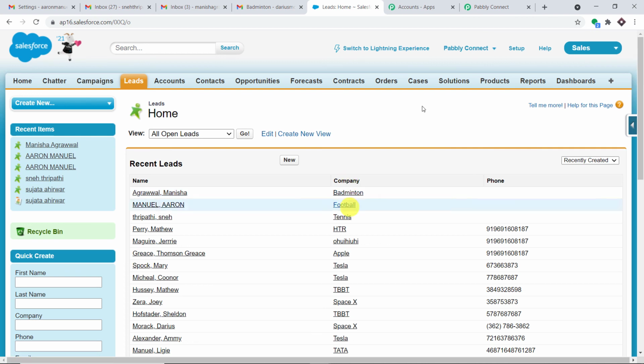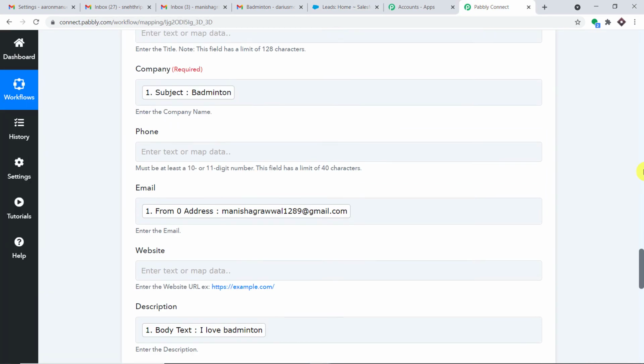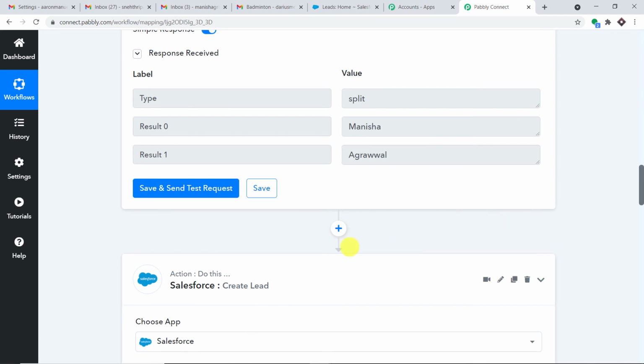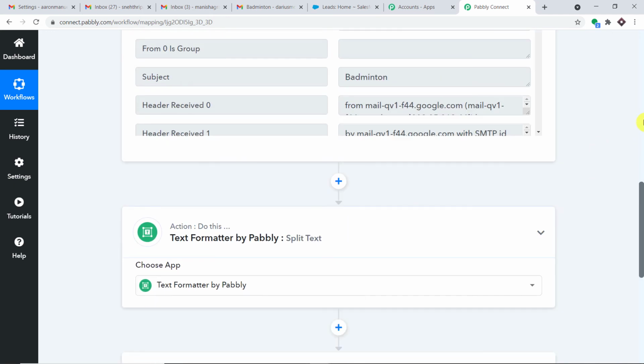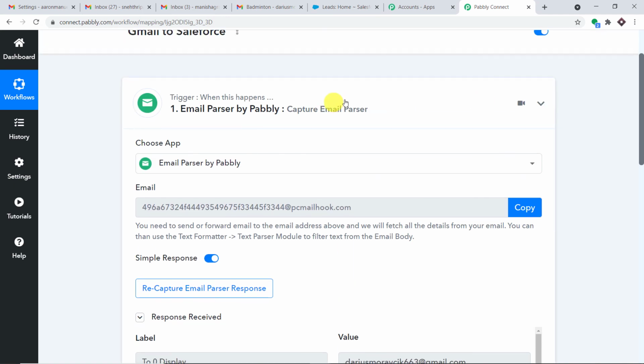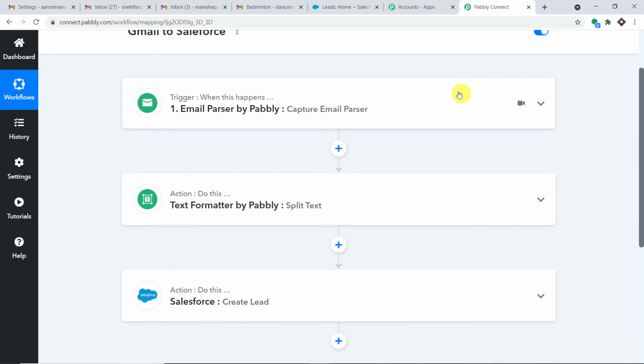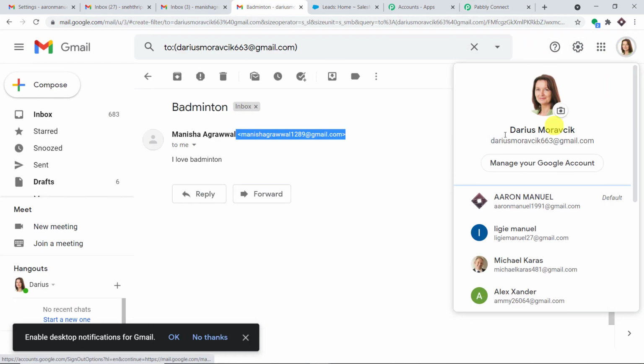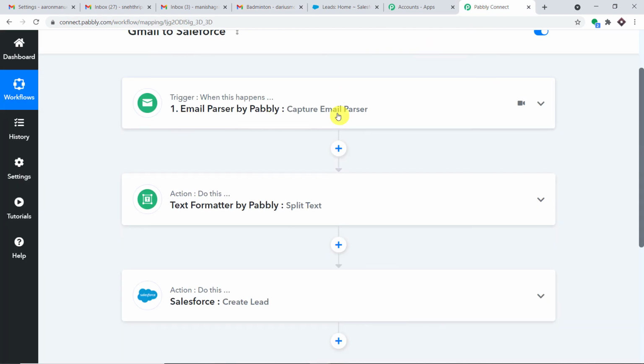Now before you leave, let me explain the whole mechanism in a nutshell. Let me minimize this action window and the trigger window. So basically this is the whole process in a nutshell. Using email parser, you first collected the data from a Gmail account. Someone sends an email to this particular email address, and the data will be collected here.